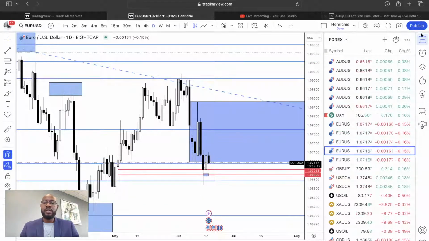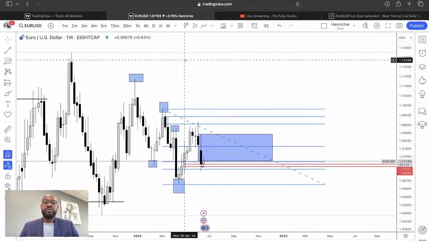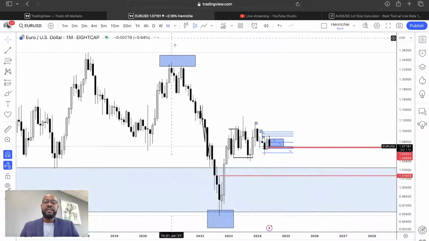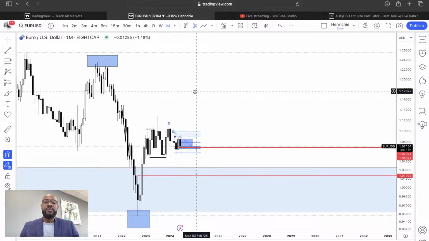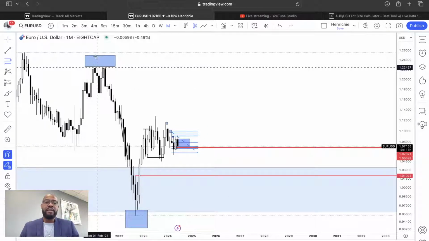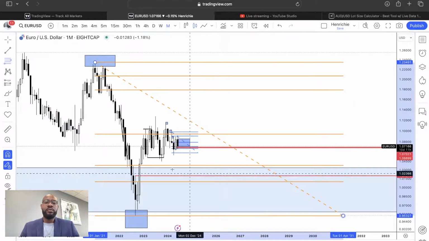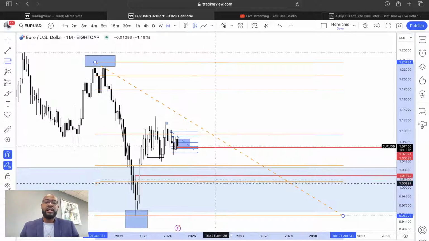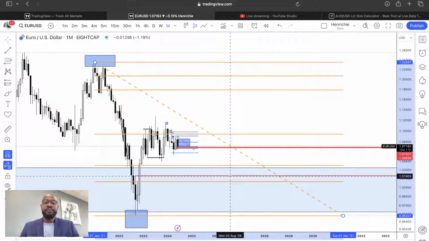So we'll look at, let's take a good look at Euro US dollar. Personally, for Euro US dollar, overall I'm bullish. I'm still anticipating a continuation to the upside on Euro. But judging from the current price action, where we are in the marketplace, if we use our Fibonacci from the high to the low, you can see we have this key level resting right here. And I really wouldn't be surprised to see price want to visit this key level maybe in the future.